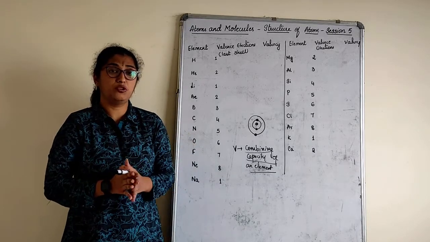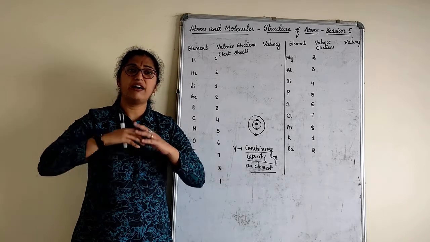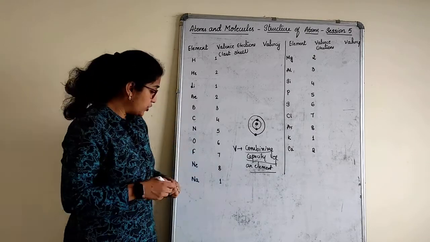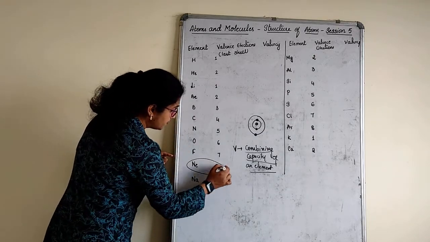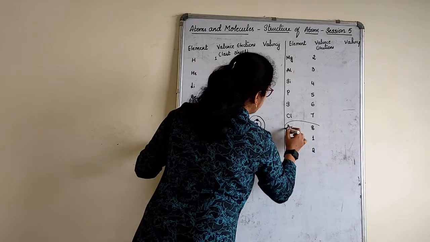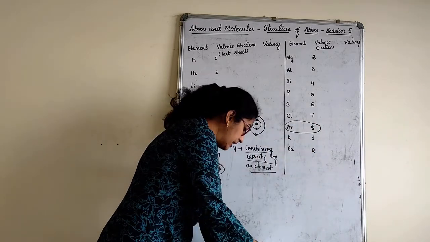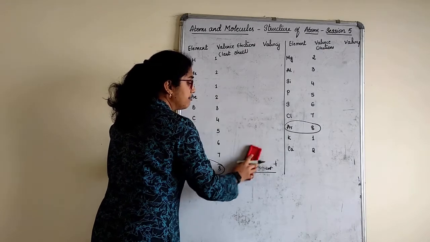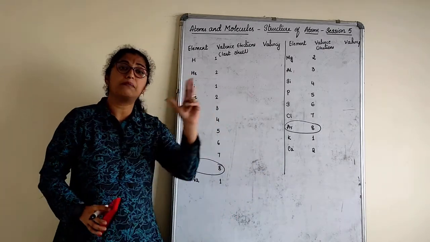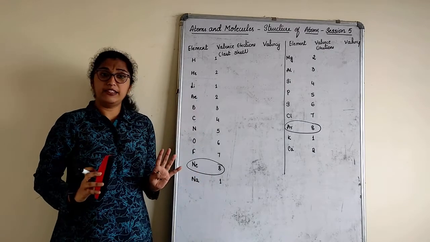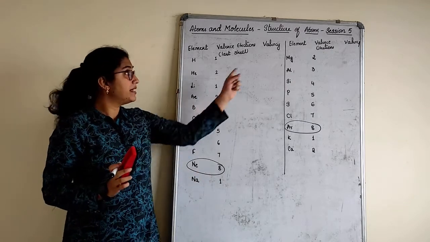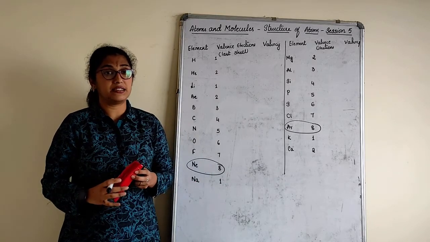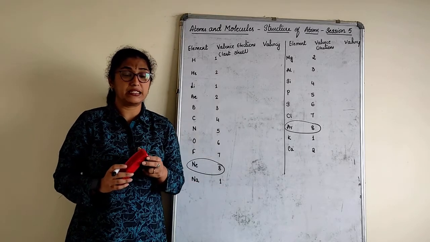Now what is this combining capacity? If you remember, I had told you there are some elements which have the outermost shell filled with 8 electrons. They are very stable. Which are those? Neon and argon, whose last shell is already filled with 8 electrons, right? That means they do not want to combine with anybody else. They are filled, so those will not combine. But all the others have some combining capacities.